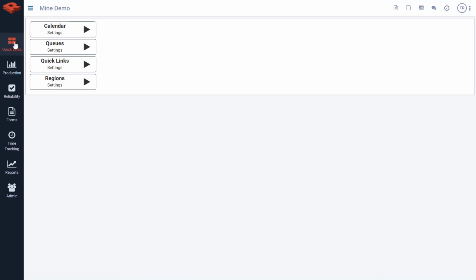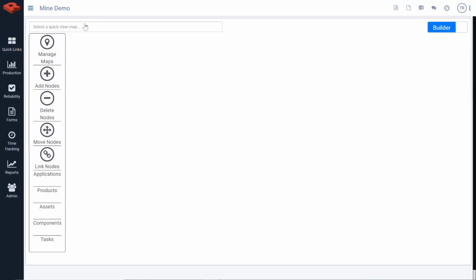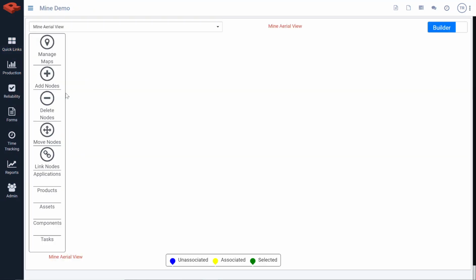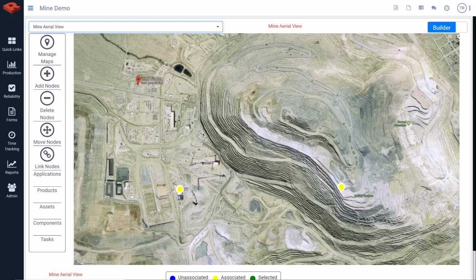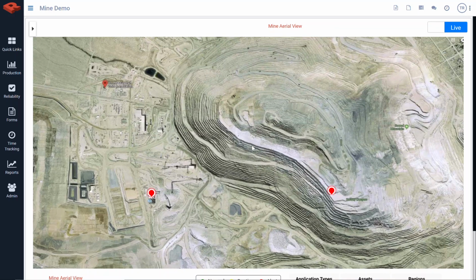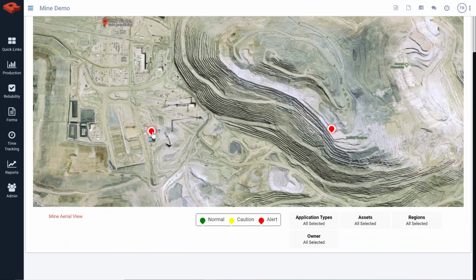One of the first things you'll find is the left-hand navigation is easy to navigate. From here, you can actually look at the quick view. This allows you to draw from any number of aerial views. For instance, this is an aerial view of a map of a particular mine. Because it's a simplistic overview, you could click on these pulsing dots are indicative of something that's beyond its